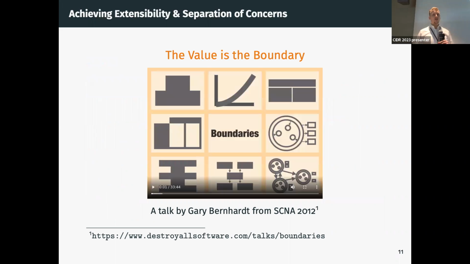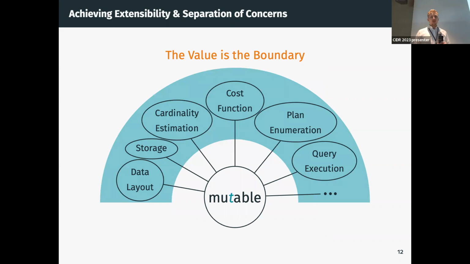So how are we achieving this extensibility and separation of concerns part? This evolves around a concept called "the value is the boundary", which was advocated by Gary Bernhardt at SCNA 2012. It's a fantastic talk; I can really recommend it. It's about software design. But the essential takeaway message here from Mutable is that if you look at Mutable in the center with the components on the outside,